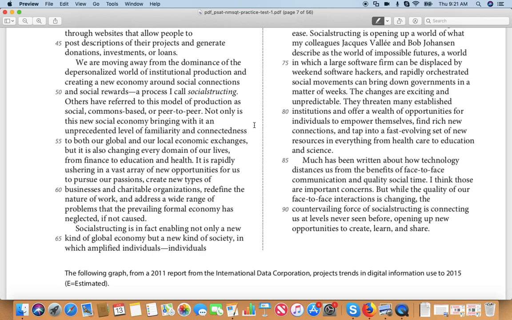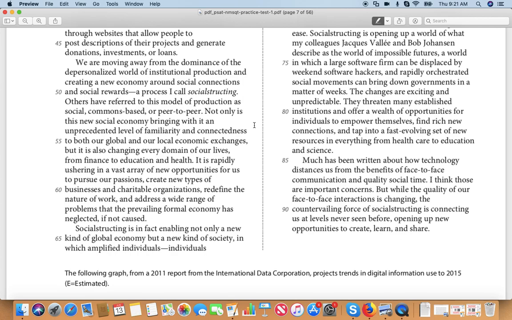We already talked about vast. What's vast mean again? Big. Yeah, perfect. Big. A vast array. What's an array? You can look that up if you need to. It's rapidly ushering in a vast array. An impressive display. Yeah, an impressive display. A range of a particular type of thing. Yeah, I think a good synonym would just be a range. It's rapidly ushering in a vast, or very large, range of new opportunities for us to pursue our